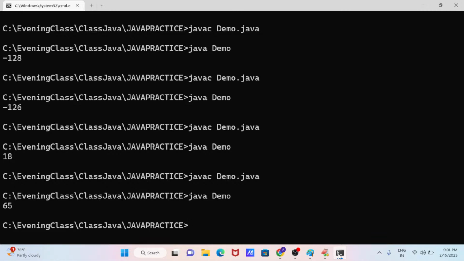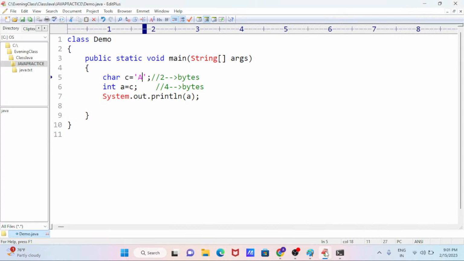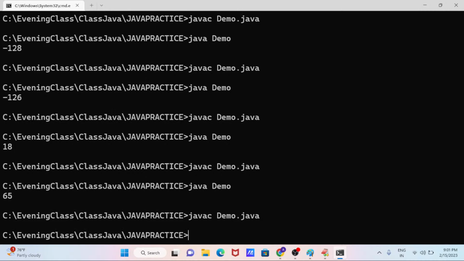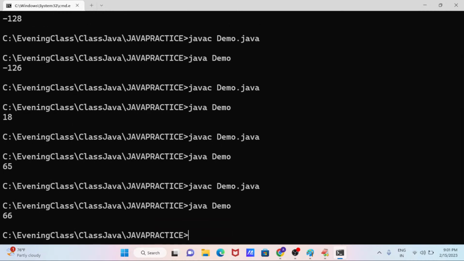What is that number? The number is the ASCII value of capital letter A. If you take B, what is the ASCII value? 66. Don't think about what that number is; it is just a number given by someone.